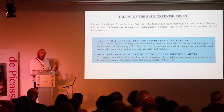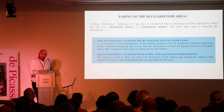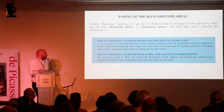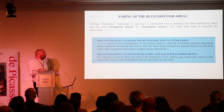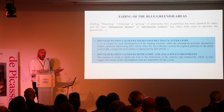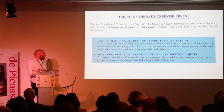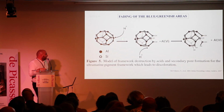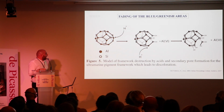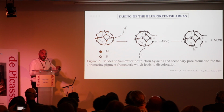The microcracks scatter the light, so we see the surface appearing patchy and whitish. The other theory is that we have a discoloration connected to both acidic and alkaline environments. So the exposure to acids and alkaline can break the cage framework and then trigger the release of the chromophores inside the cage that are